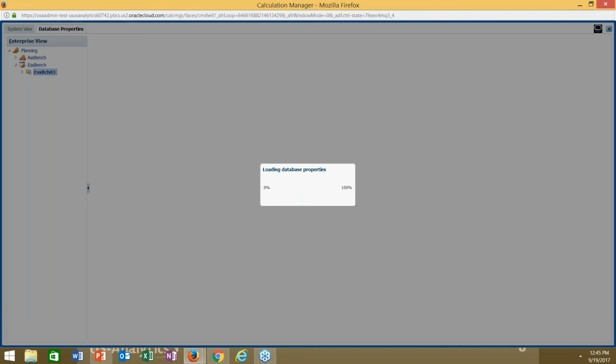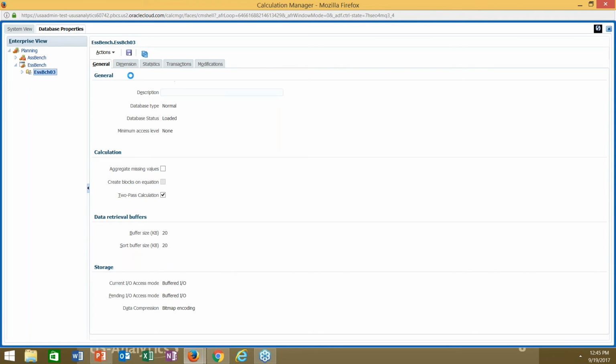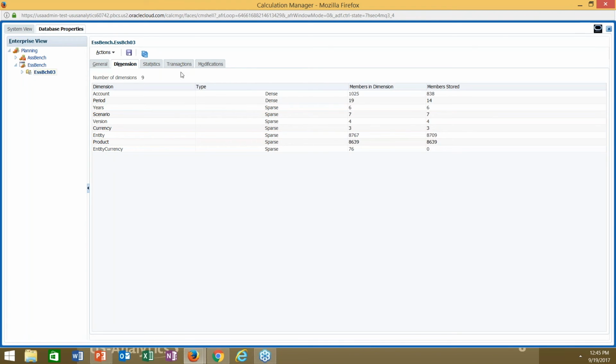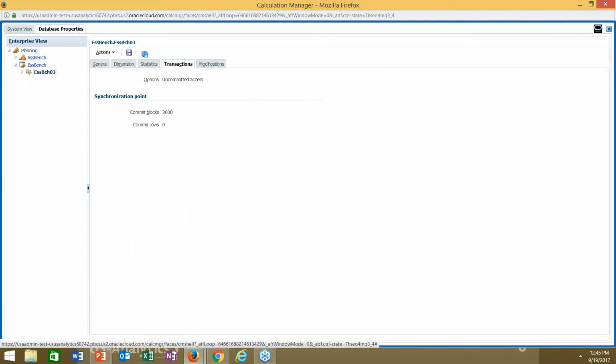If I just click on it without right-clicking, it's going to go ahead and load up most of the tabs that we're used to seeing. So I can see my dimensions, how they're set up, how many sparse and dense. I can see my statistics, whether my data is loaded, how big my block is, how much data I've got, transactions, modifications. These two, I don't rely on ever, because I don't think that they reflect appropriately what's actually happening. I think, especially in transactions, Oracle's dynamically changing a lot of our configuration stuff on the fly, so I wouldn't put too much